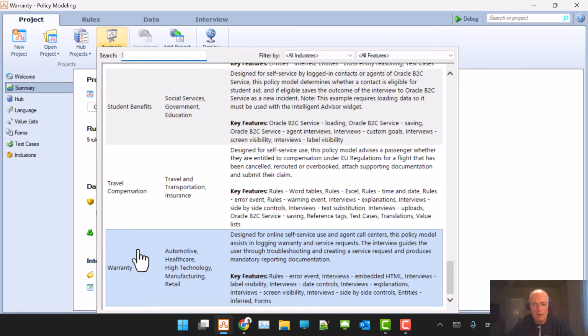Because some of the concepts in the interview are in the healthcare industry, there is also a section relating to reporting that information, adverse event reporting, as they call it. It produces documentation for reporting purposes, so you can see in the key features that it includes forms. It also has a rich interview, which includes dynamic content as well as explanations. So now that we know the basics of the project, let's dig in and see what we might use as